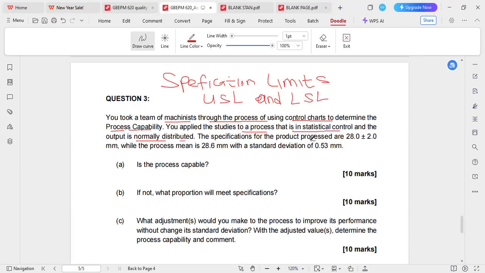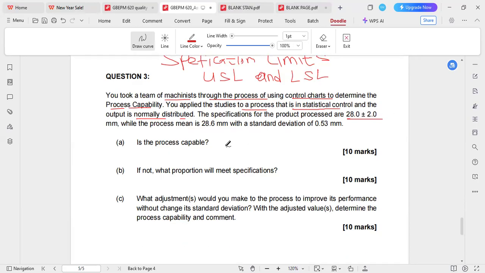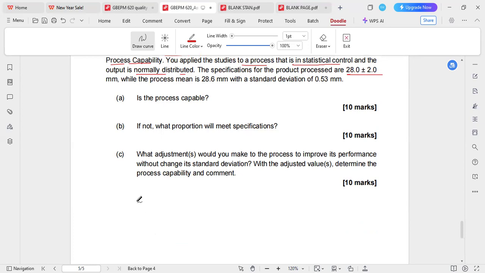The specification for the product process are 28 positive or negative 2. So from here, we can find the lower specification limit,